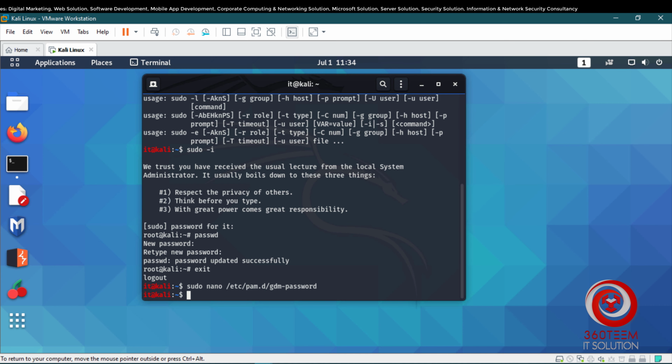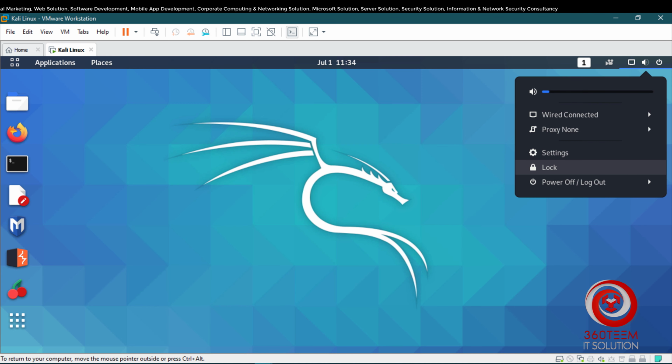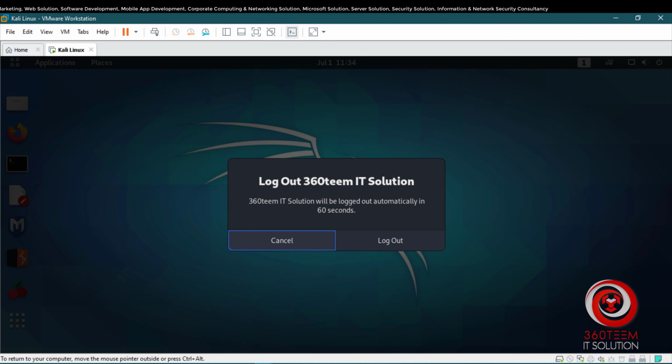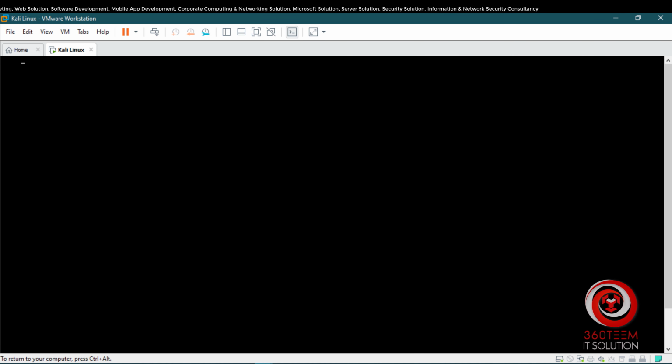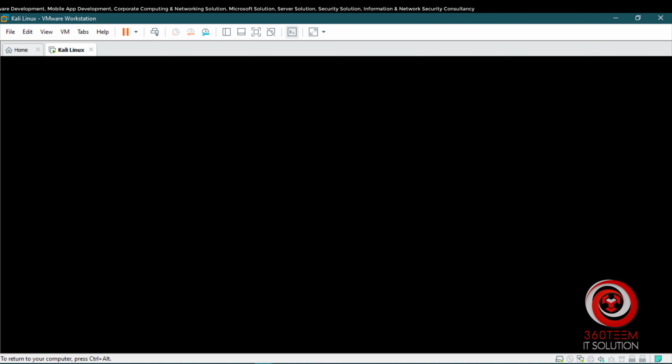To check it we have to log out from this user. Username root, password. Okay, you can see I am already logged in with root user access.